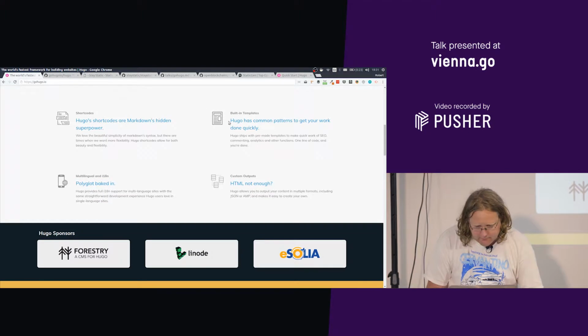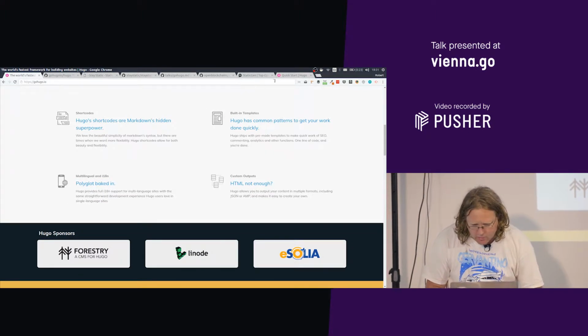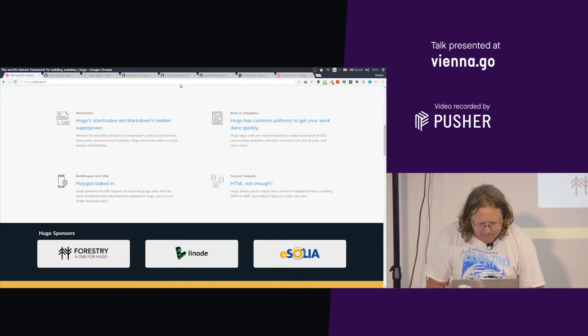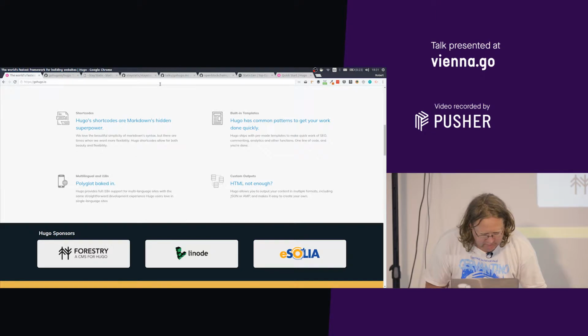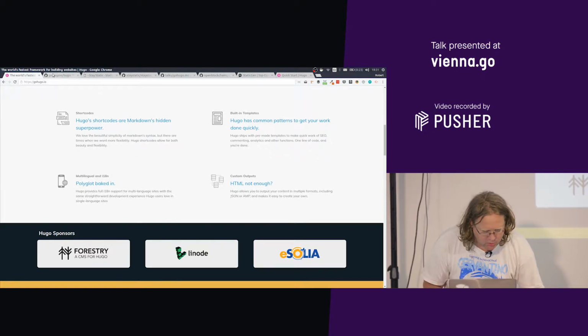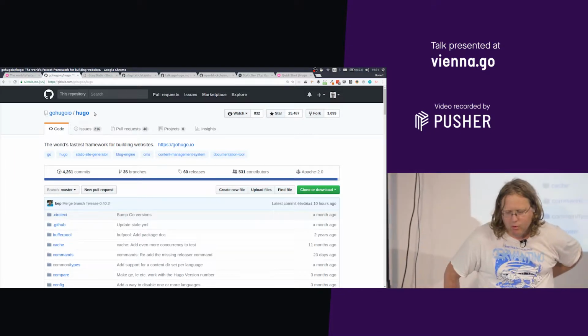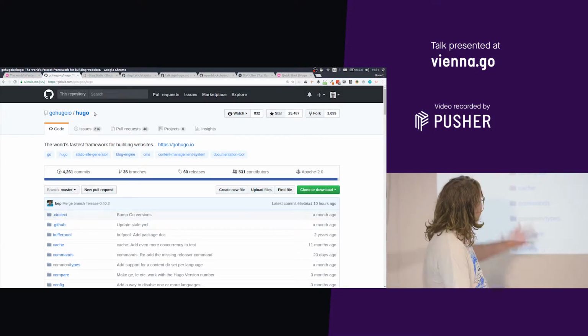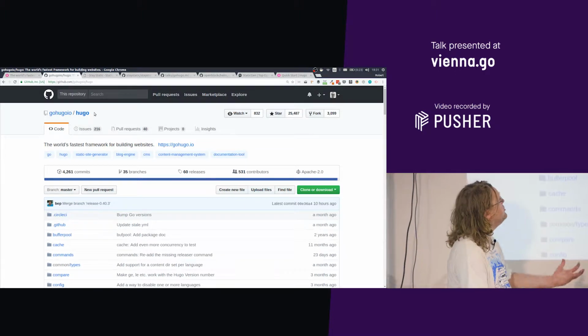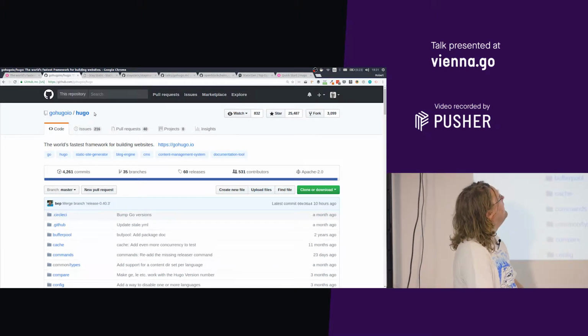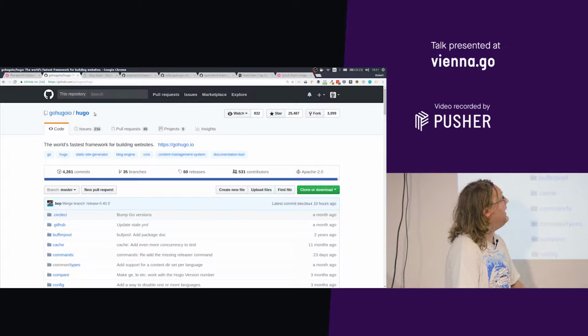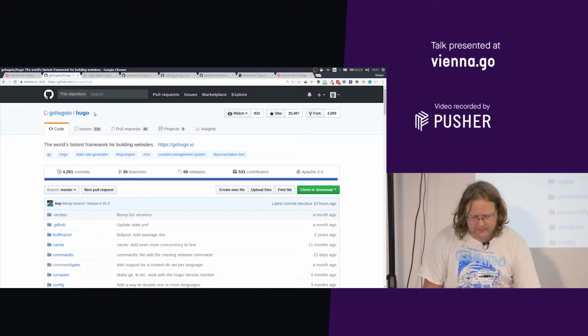And the code of Go Hugo is, of course, Go code, and it's great code to study. It's high quality Go code. But to get started, you go to the GitHub Go Hugo website, and here you have all the code, but you don't have to use it, you don't have to use Go, but you have to download the binary. And so you go to the releases,